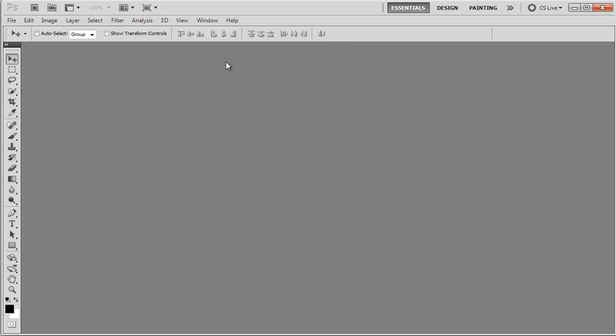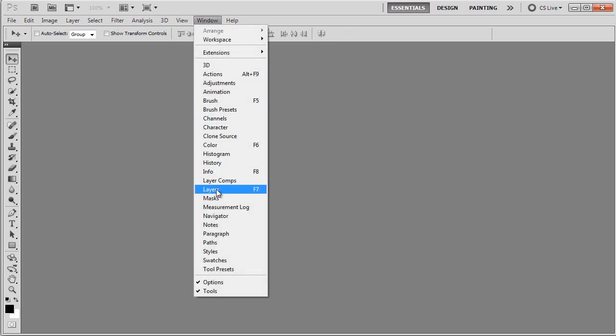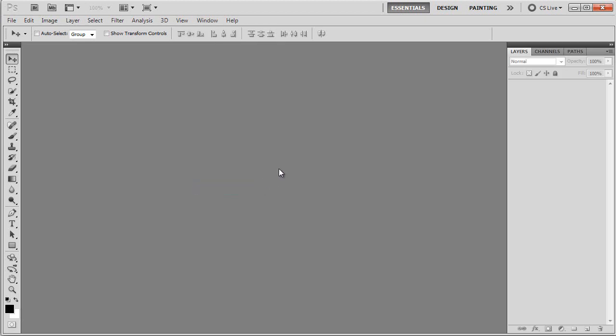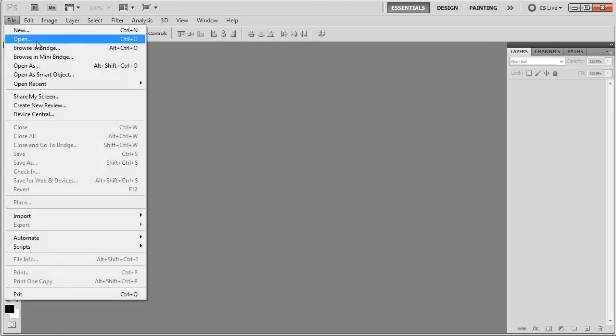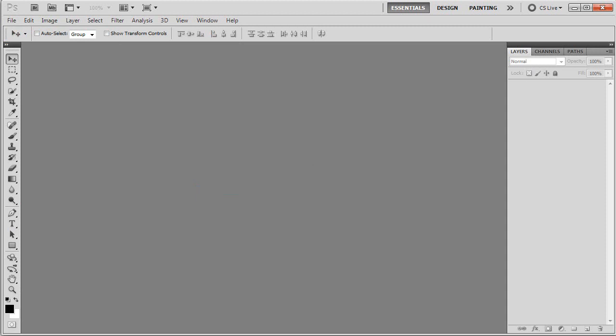Before we start, we need to open the layers panel. If you don't have the layers panel open, all you need to do is go to Window and Layers, or simply press F7 on your keyboard. Once you have layers open, we can open the mockups in two different ways. We can either go through File, Open, or